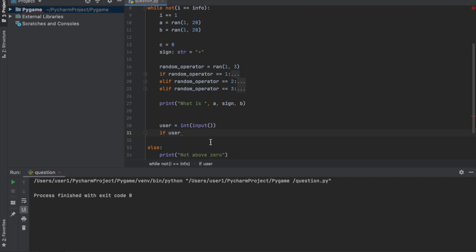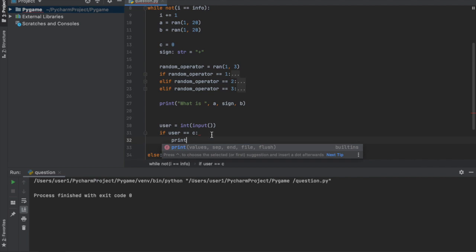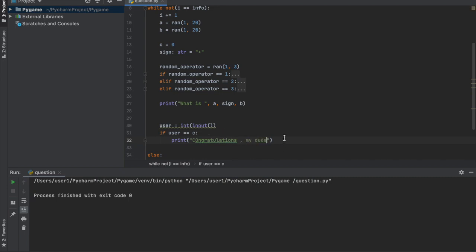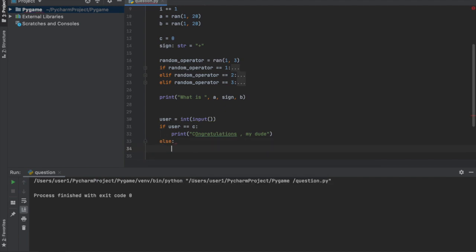user is equal to C, then you're gonna print congratulations. That's it. Oh god, let's just do that again. Congratulations, my dude. Okay. And if that doesn't work, we're gonna say a simple classic theme that everyone knows. Wah, wah, wah. And